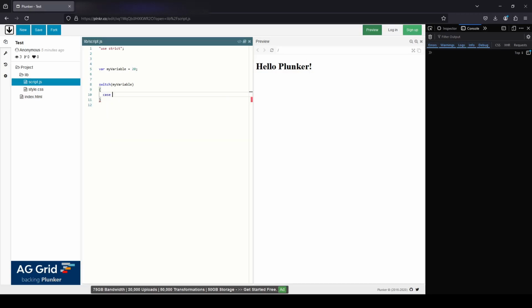So I'm going to type case, and I'm going to go, for example, case 10. I'm going to put a colon and then console log, for example, and then you type your own code. For example, here I'll put a console log, and I would say case 10 and then a semicolon, and then I'm going to put a break keyword. Then case 20, console log again,